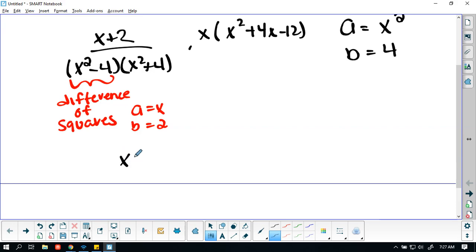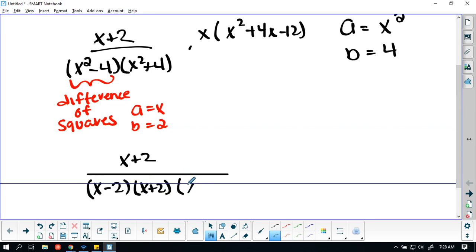So we're looking at x plus 2 divided by x minus 2, x plus 2, and x squared plus 4. This is the sum of squares. We could go into complex numbers, but I'm just going to keep it as x squared plus 4, times,